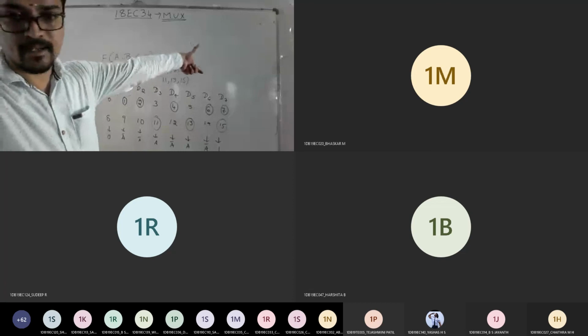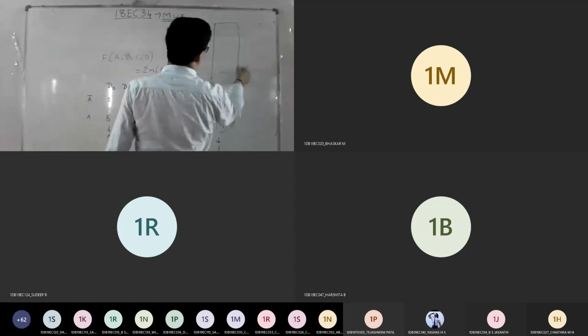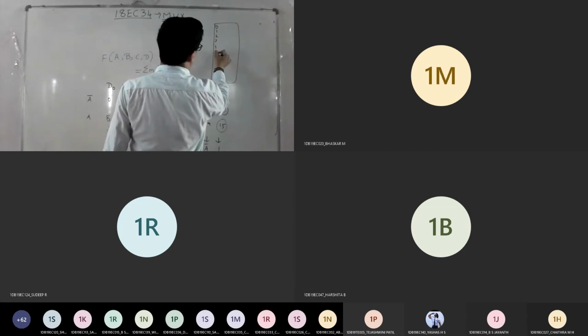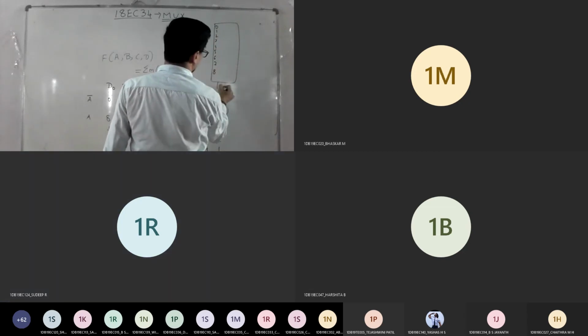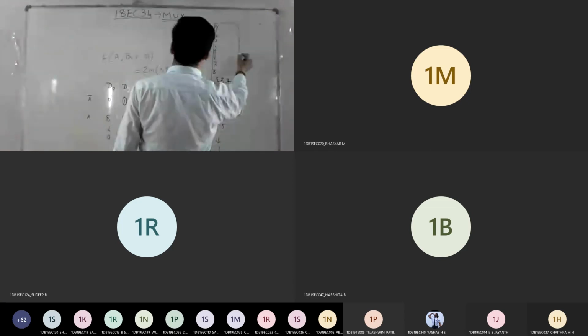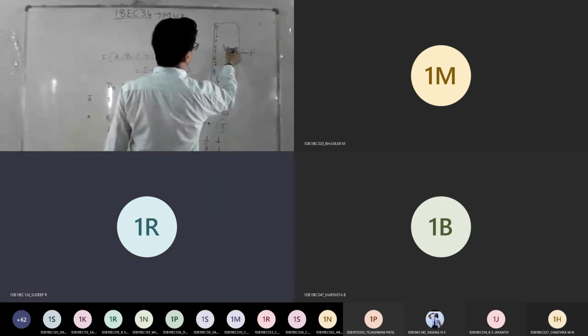Just dump this in an IC. That is your 8:1 mux. You write 8:1 mux here and connect all the 8 inputs 0, 1, 2, up to 7, followed by 3 selection lines. This is fixed: B, C, D are your S2, S1, S0, and the output is again function F. So this is using 8:1 mux.